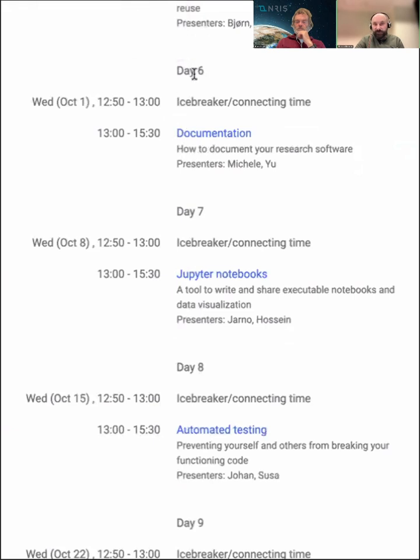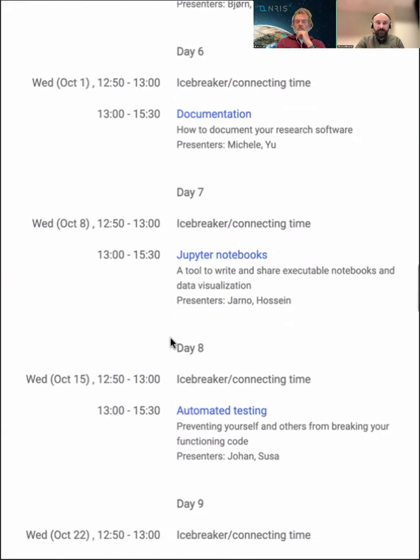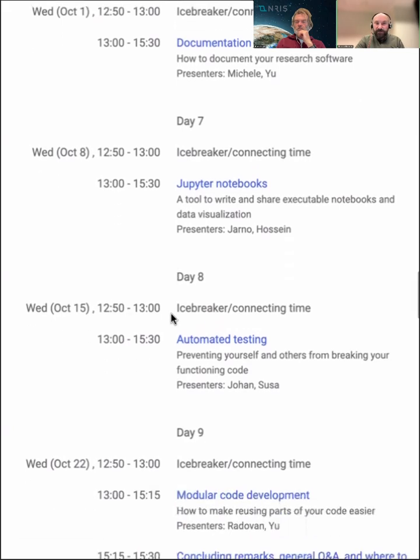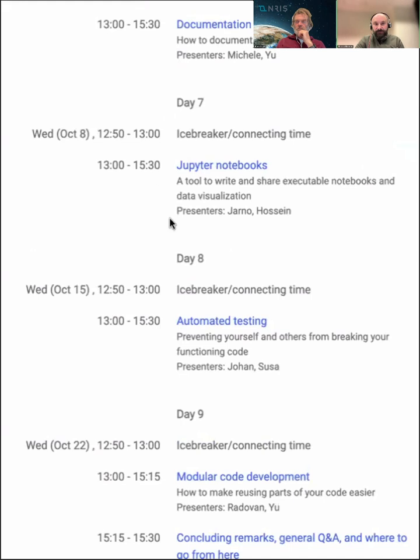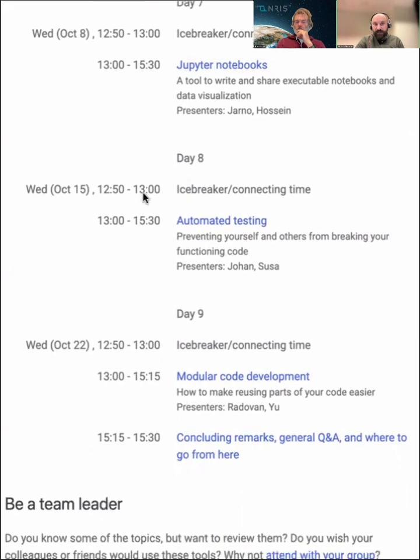So this will be more practical, where you will actually have to build a documentation for a software that maybe you made or you will make. Day 7 will be more of an introduction on Jupyter notebooks. For those of you who maybe have never used them or are not familiar with all the possible tricks that you can do with Jupyter notebooks, it's definitely an interesting episode.